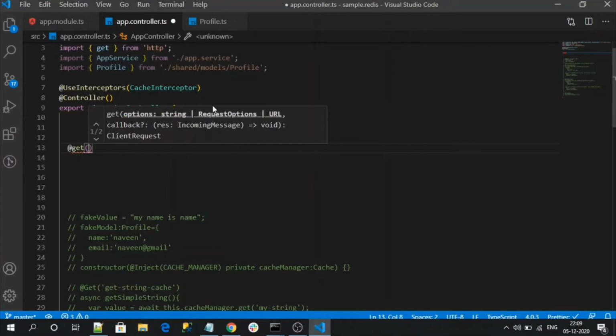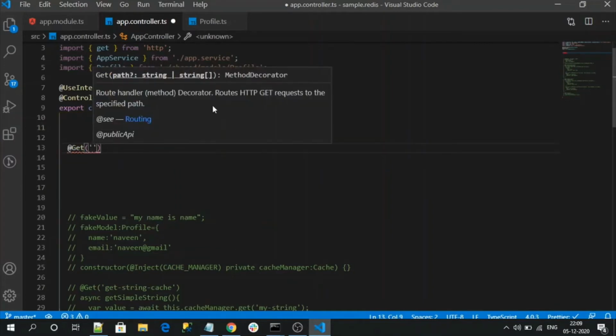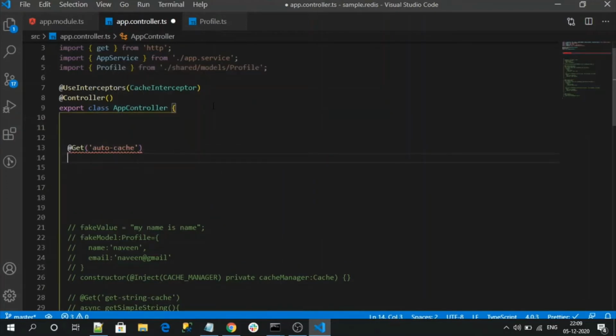Here I can specify auto cache, and let me create my method as getCache.